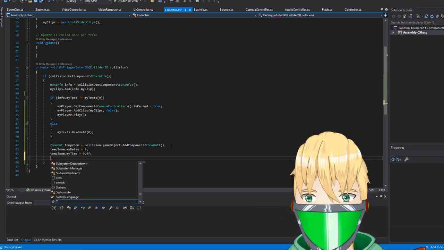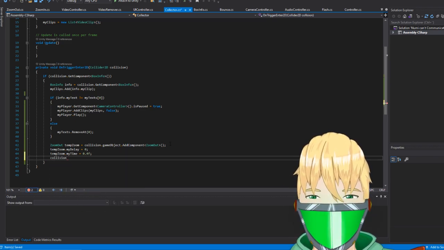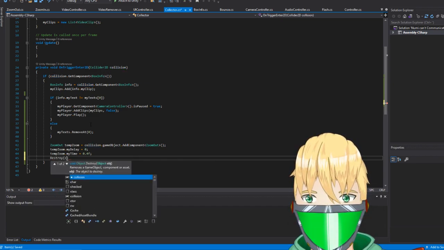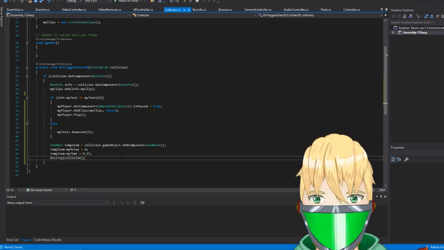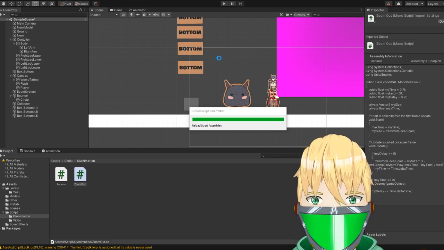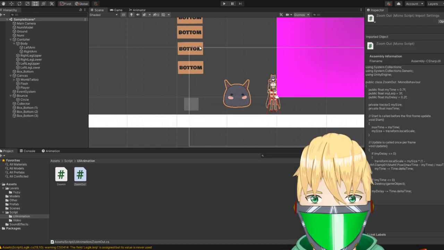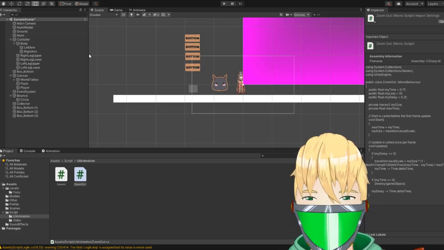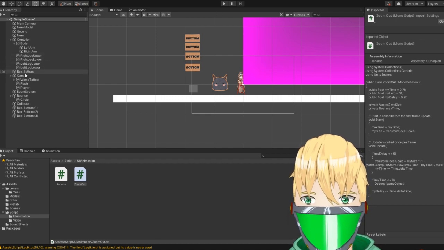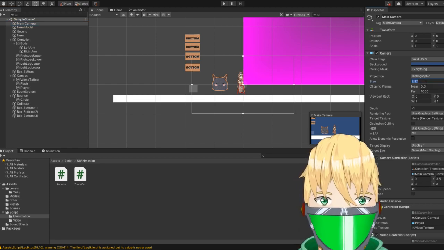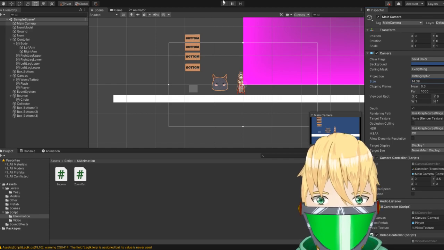We also want to take the collision. Is this the collider? Yeah, that's gonna be the collider. So if we literally just destroy the collision, that should work, I feel like. The thing is here, it's so stupid because right now I can't really see anything. So what we will do is grab the camera, and it's too zoomed in either way, because we want it like this.